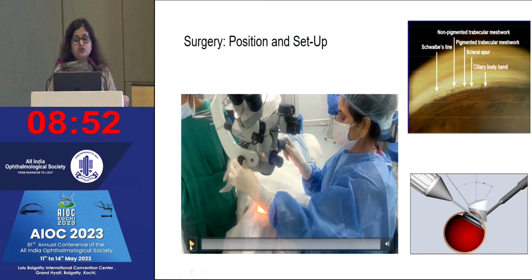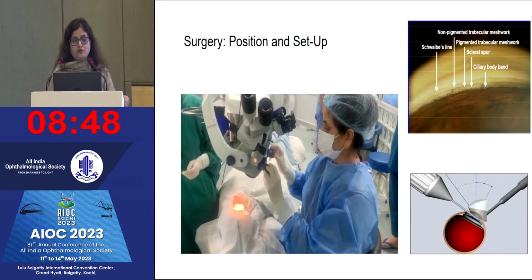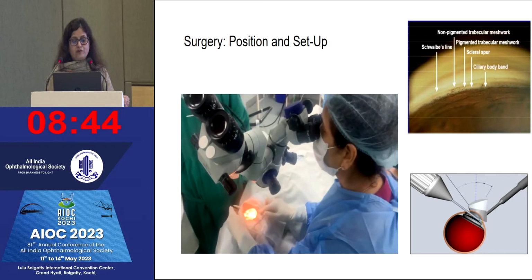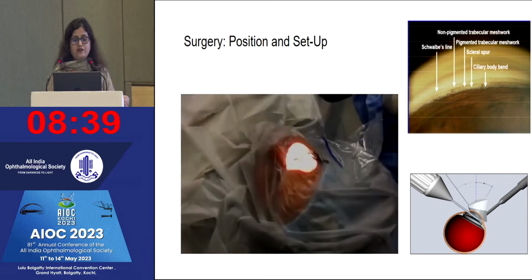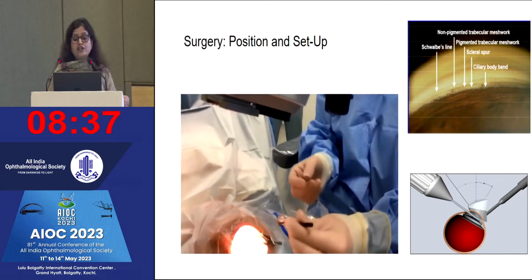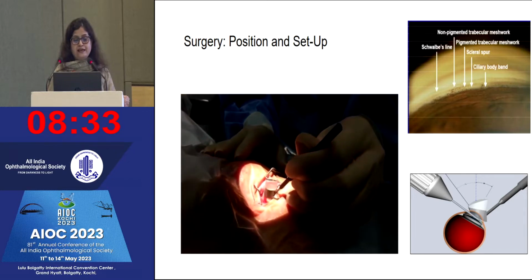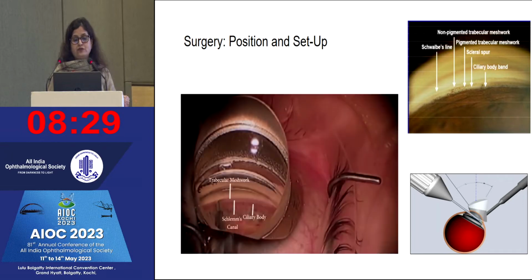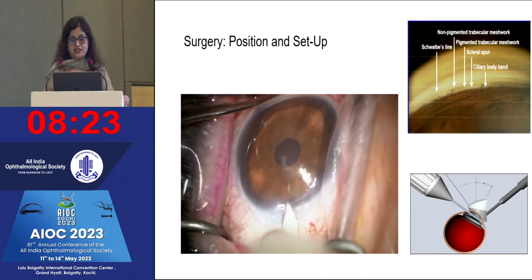So the position and setup of the microscope is very important. The microscope is tilted towards you around 30 to 35 degrees and the head of the patient away from you, so as to make an angle of 70 degrees. Here, it's very, very important to have an en-face view of the angle to perform the angle surgery precisely using the Swan-Jacob type of surgical lens. So you have to have a very clear view of the trabecular meshwork and the other angle structures,